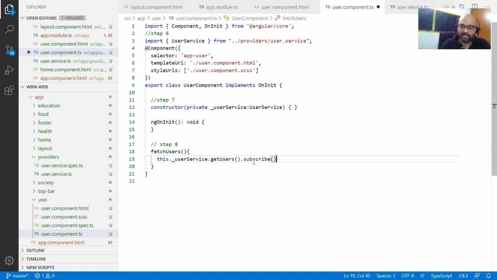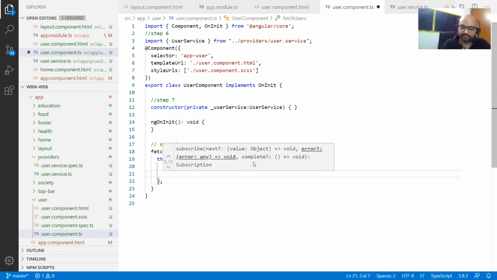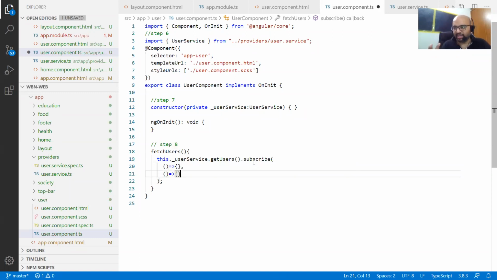Subscribe has two methods. One is successful, second is error. Whenever you write something like this, first of all write a skeleton. Don't start writing code. If you see me, I have written a skeleton first of all. Success case, error case. Then you start coding into it. So in the success case, you will get some response. So I simply say data. You can put any name, you can put my name also.